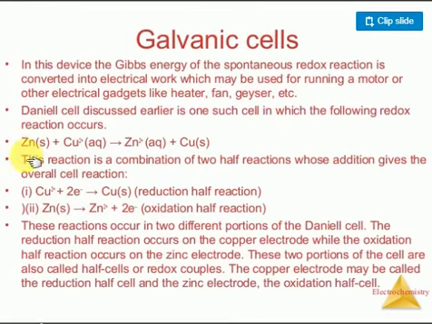Next one is the galvanic cell. Look here, Jogesh, a galvanic cell is a device in which the Gibbs energy of the chemical spontaneous reduction reaction